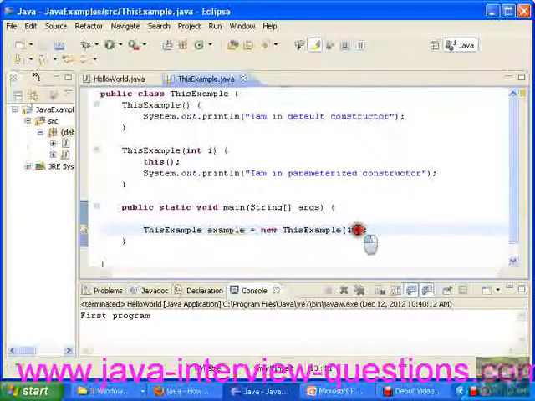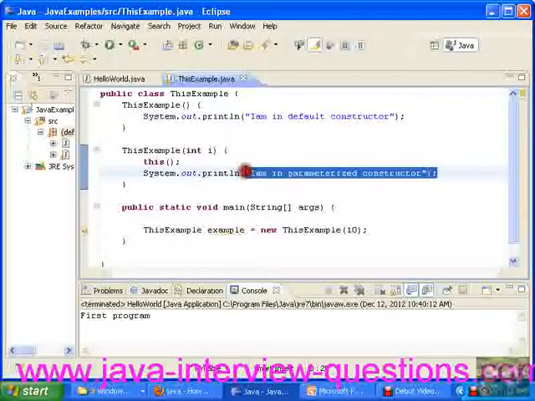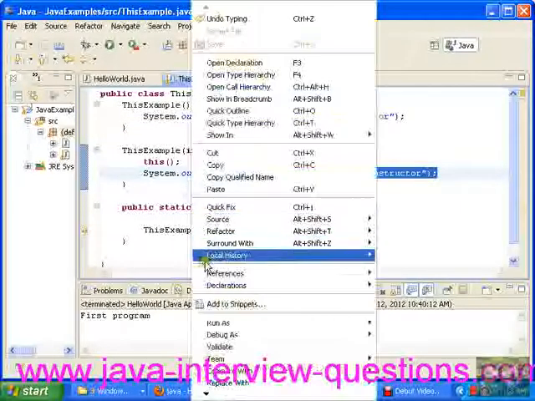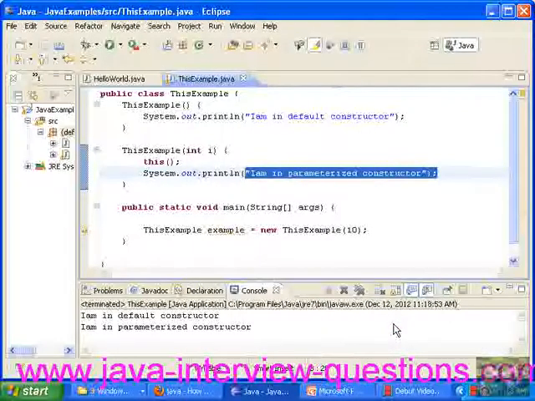Whenever I instantiate this class with a single parameter 10, the first statement in this constructor is this(). So first it will print I am in default constructor, then it will print I am in parameterized constructor. Now I am running the program, which prints I am in default constructor, I am in parameterized constructor.